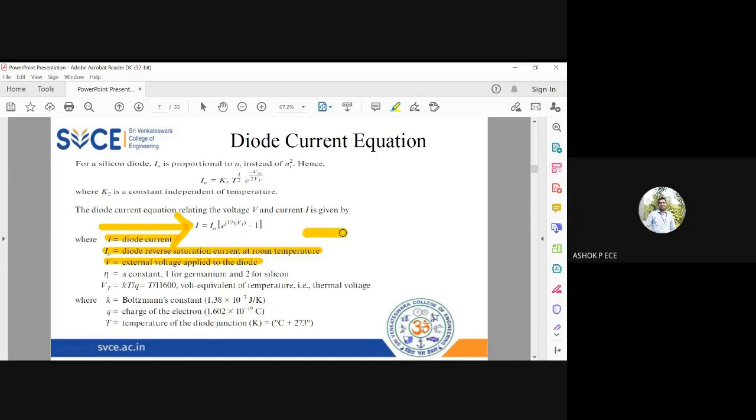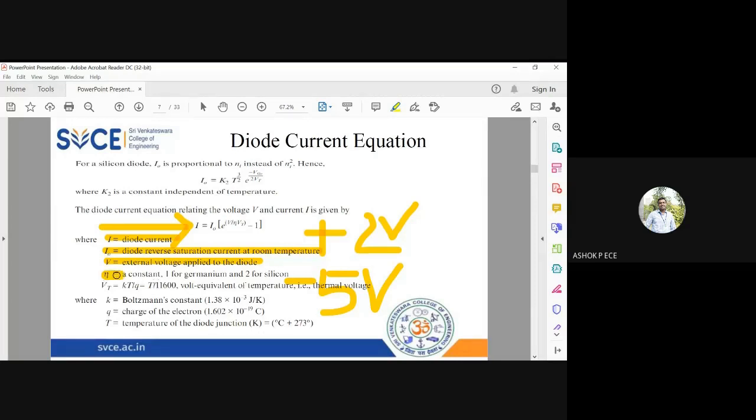Forward bias of 2 volt means you should take it as plus 2 volt. The diode is given reverse bias of 5 volt means you have to take it as minus 5 volt. Okay, so that notation you have to understand. Forward bias means positive value of V you should take. Reverse bias means it is minus because the polarity is reversed, right?